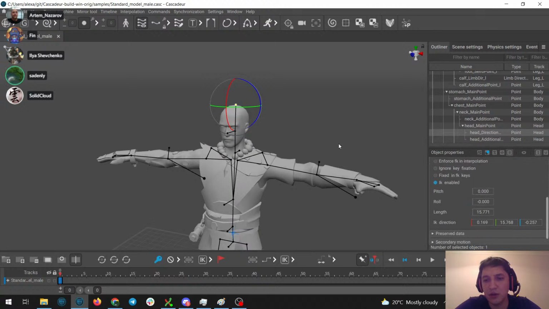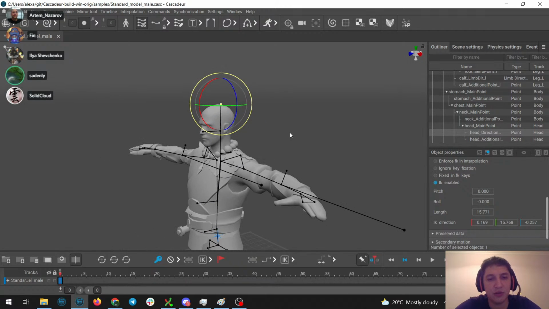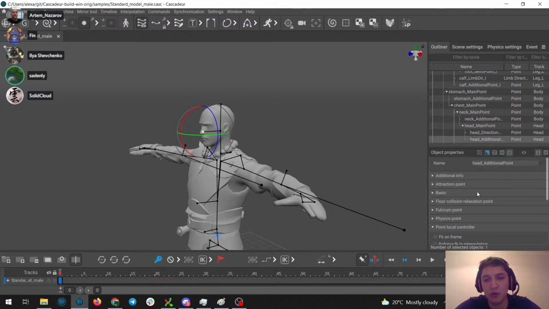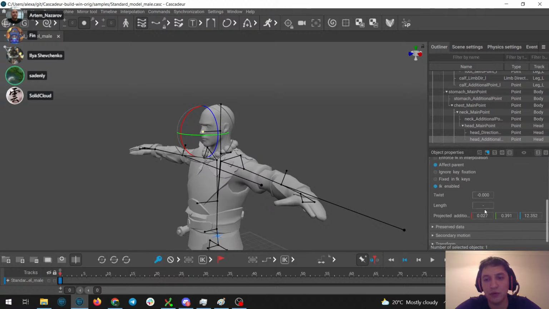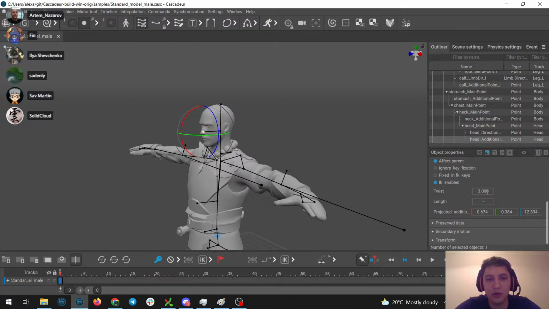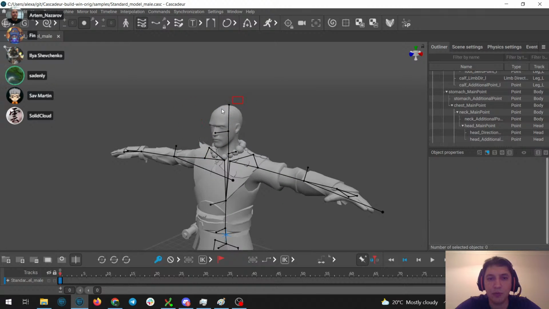For directional points it is what we call pitch and roll, and length, but length is usually constant. And for additional points there's only one piece of data, that is the twist. That's basically how it works. And for pitch and roll,